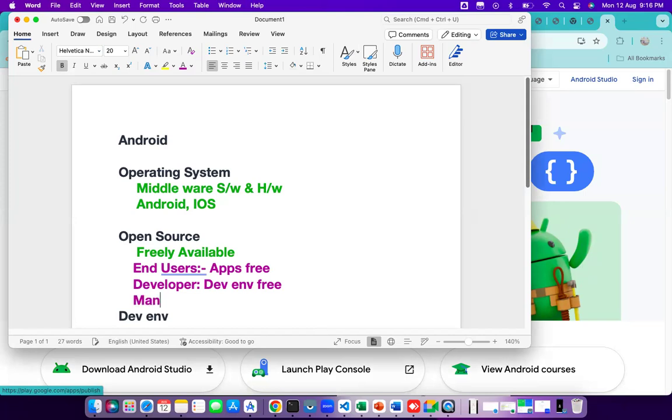Then lastly, in case you are a mobile manufacturer, what is the benefit? For you, the Android operating system is free of cost. Because of that, every manufacturer has different views. Let us say, for example,